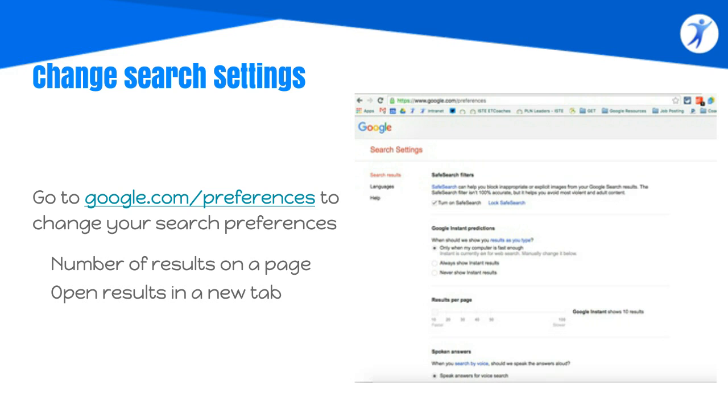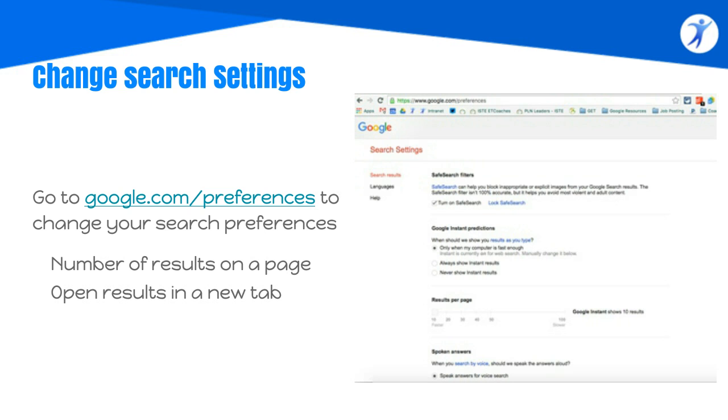So if you're like me, if you've ever been doing a search and you get really deep into your search, you select a website, and before you know it, you've visited 5 other websites that original one has led you to, and then you're lost and you don't even know where your original search results went, you can, by going to google.com/preferences, change it so that every result that you open, or whenever you click on a website, it will open it up in a new tab for you in Google,